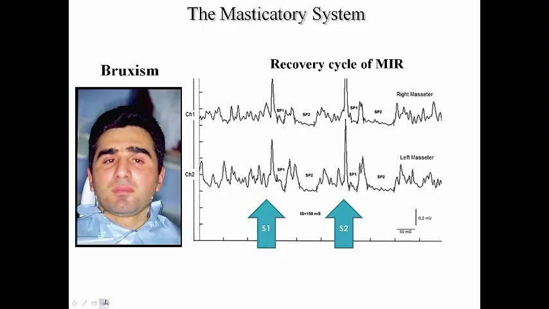Therefore, we decided to perform the test of the recovery cycle of the masseteric inhibitory reflex. Unfortunately, I don't have enough time to explain this reflex. But briefly, I can tell you that we sent two electrical stimuli to the mental nerve, very close together. But the brain responded abnormally with the presence of this silent period by the second electrical stimulus delivered after 150